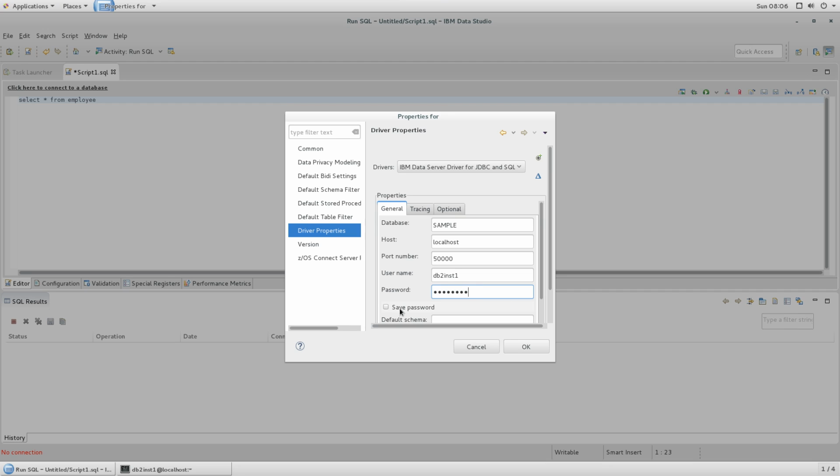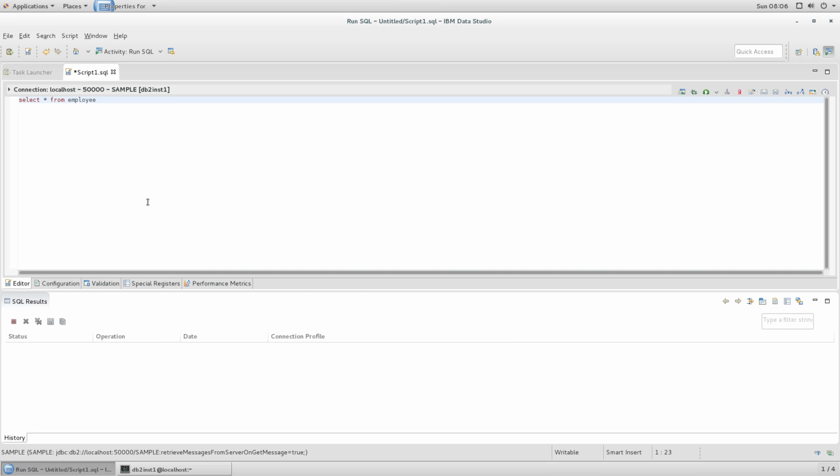You can choose to save the password. I don't know if that'll invoke any key rings or any hashing or anything like that, so I'm not going to include it. I have a tendency not to try to get software to remember passwords. I try to remember them in my mind. Sometimes that doesn't work. Okay,